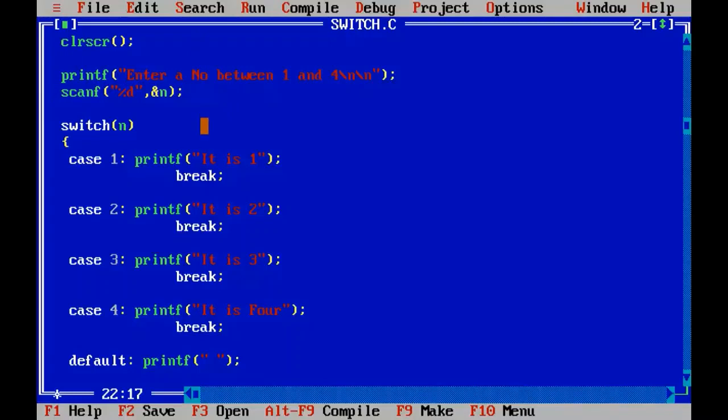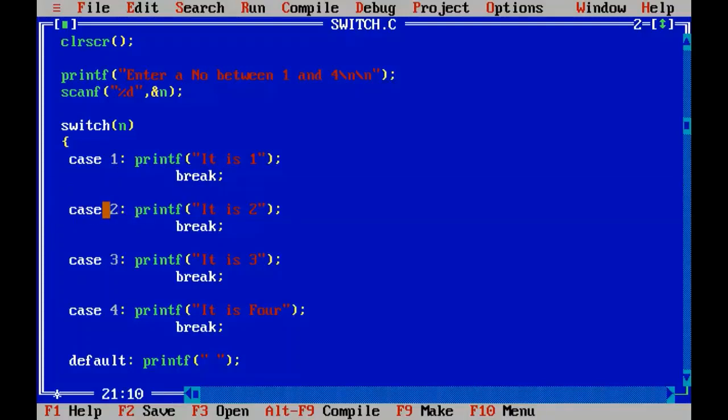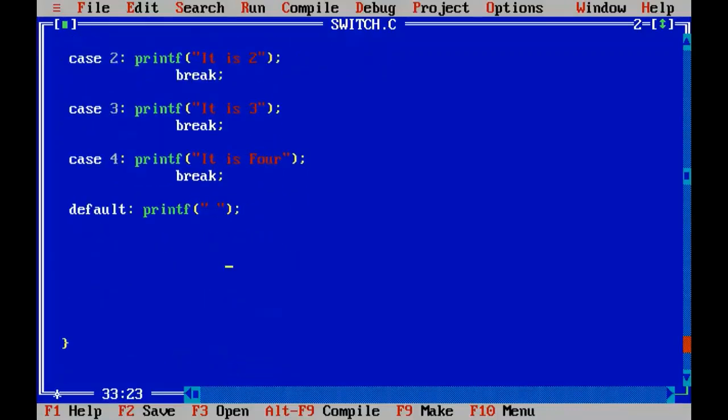Suppose I've stored 2 in the variable n. n will be matched with case 1. 2 is not matching with 1, so this is skipped. 2 here, yes, a match is found here. So this will be executed, and when the compiler encounters the break statement, the entire code after the break will be skipped and the control goes to the code outside the block.